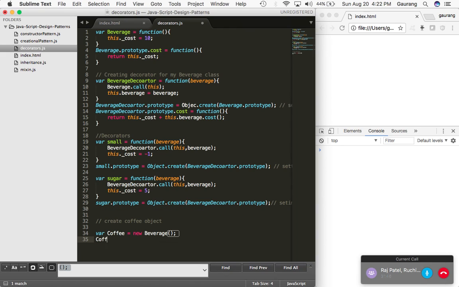Then I am going to update this particular thing by using something called new small. So I want a small coffee. I'll pass this particular coffee object to my small decorator. I'll get the response with the updated value. The first cost would be 10, which is nothing but the base cost. Over here the cost would be 9, that is 10 minus 1 for small